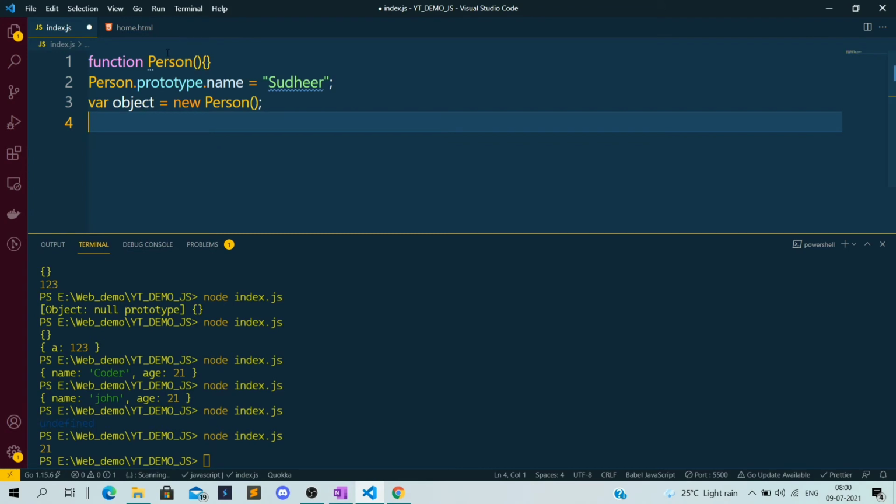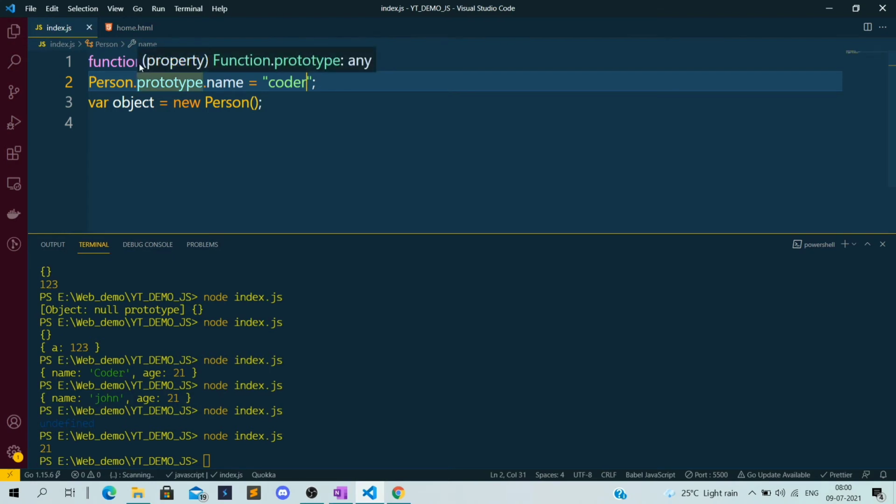Okay, got it. Once again I am explaining. I know it's a little bit difficult, the prototype things in JavaScript. Here we have the normal function, as you know, and we are not doing anything inside that. I have taken this Person, which is the function.